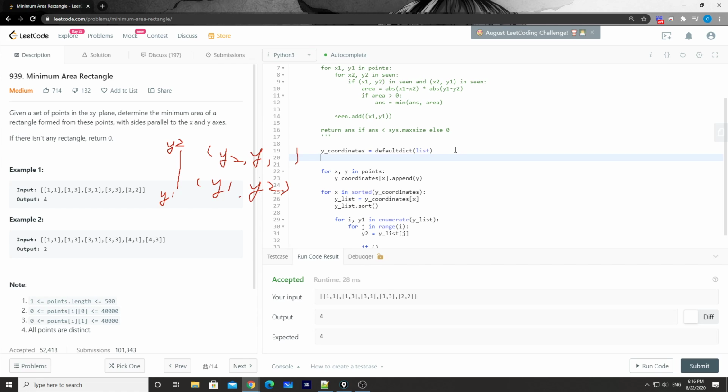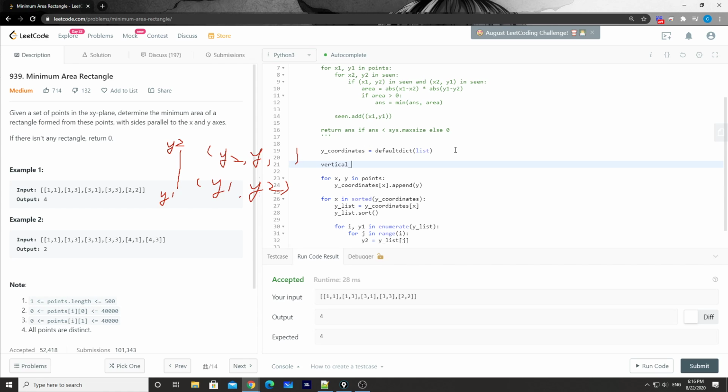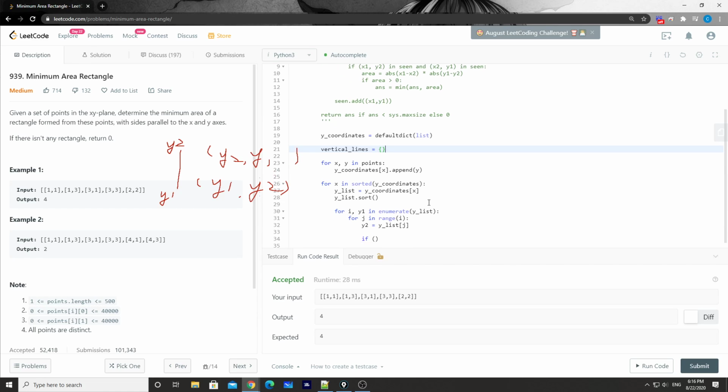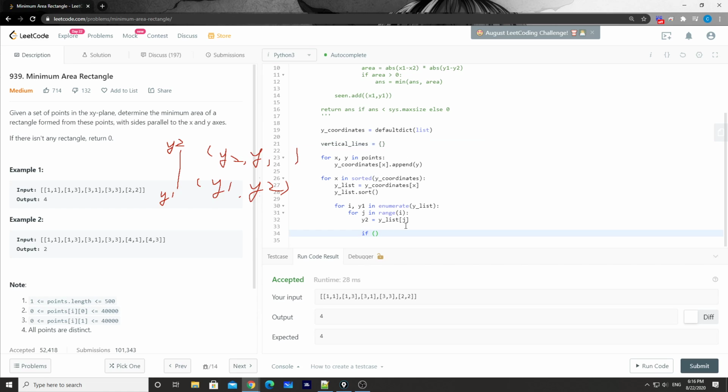Okay, it's going to be the vertical lines. Basically, we can use either y1 or y2 as long as we follow the same sequence, it's fine. Basically, I'm using y1, y2 as a key. So if this thing is in the seen lines here, okay, then